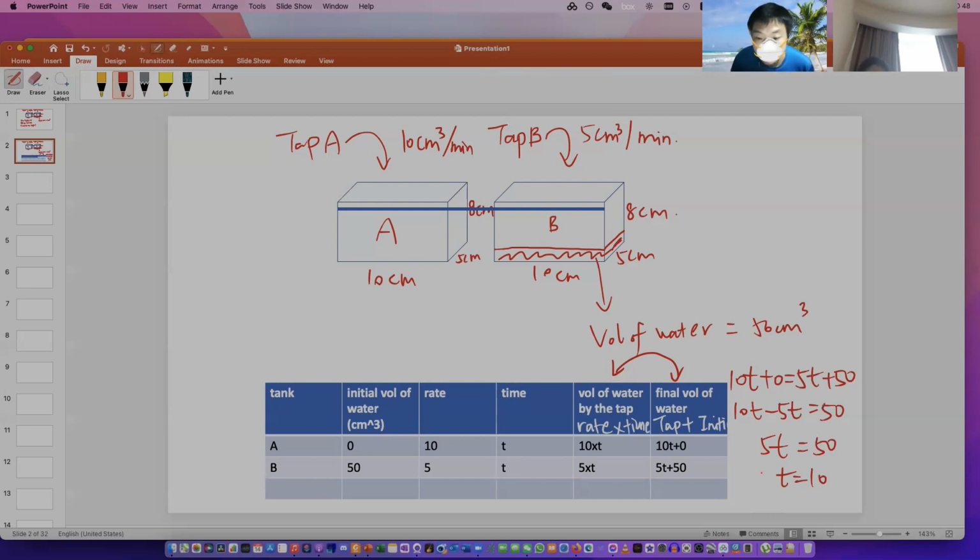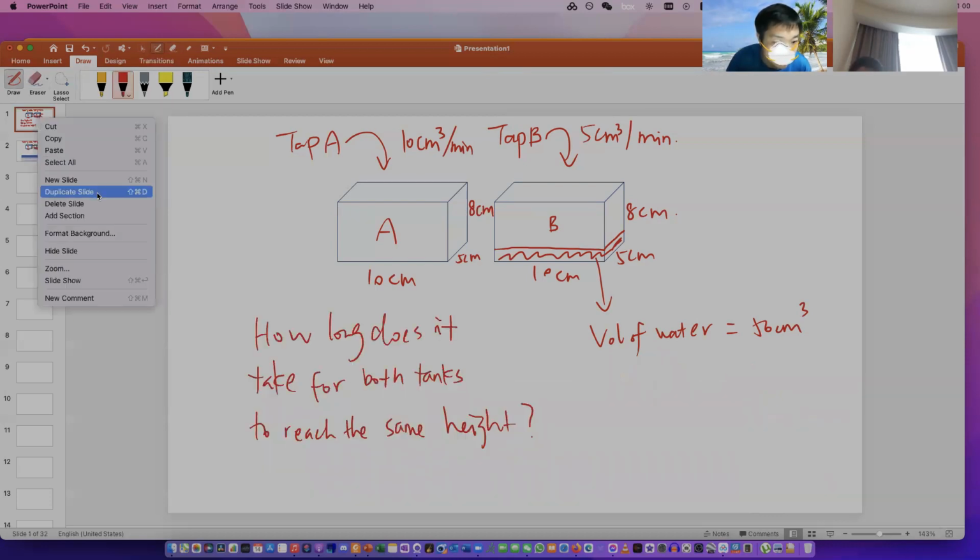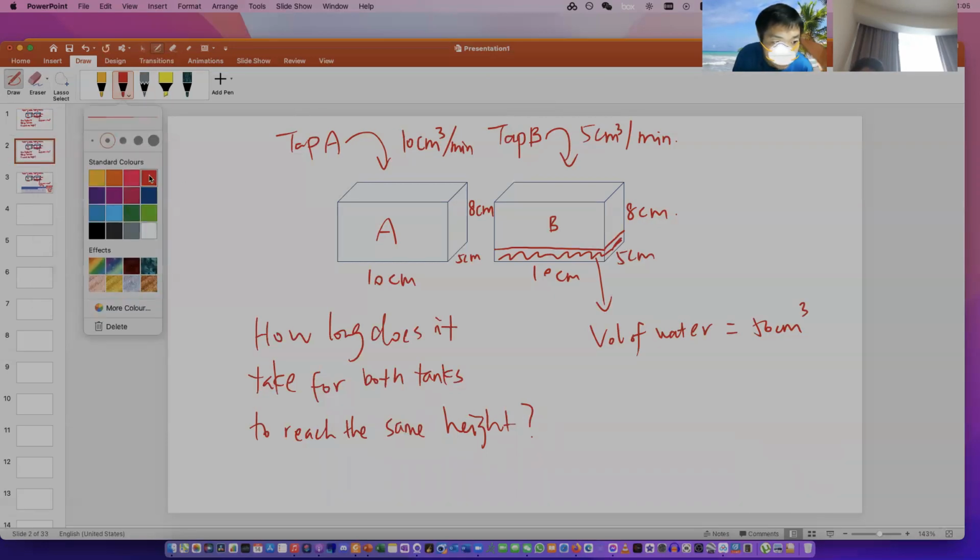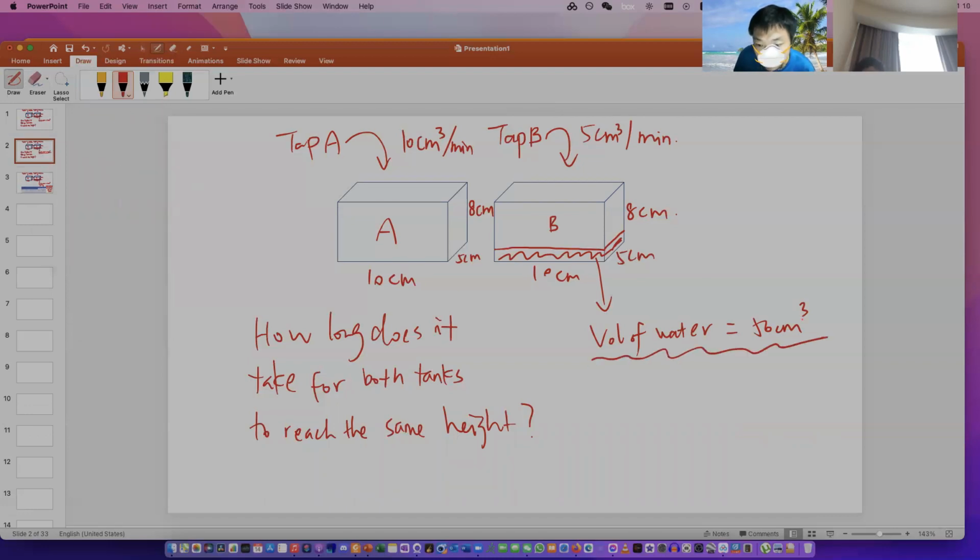So this is method 1. Now I'm going to demonstrate how you can use method 2. I think we have discussed method 2 before, and it is very simple. Basically, at the start, the difference between the two is 50 cm cube. So in order to make up for this,